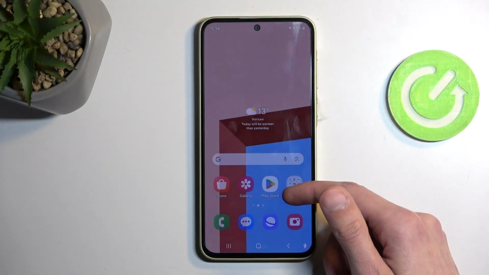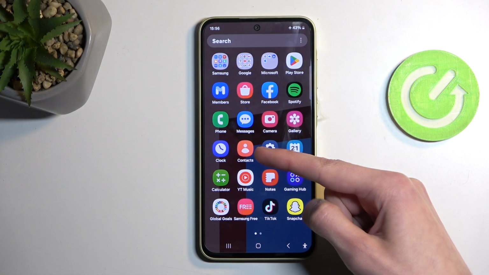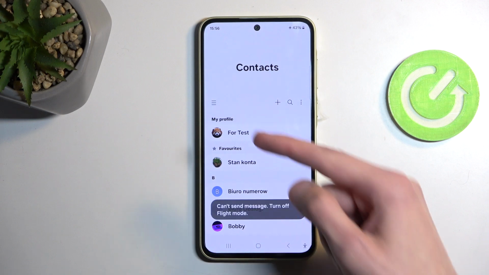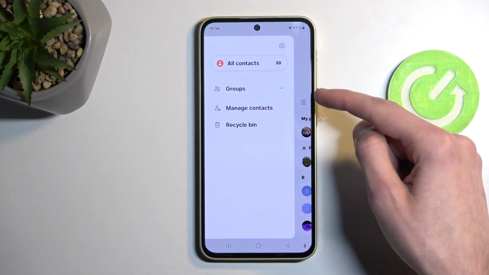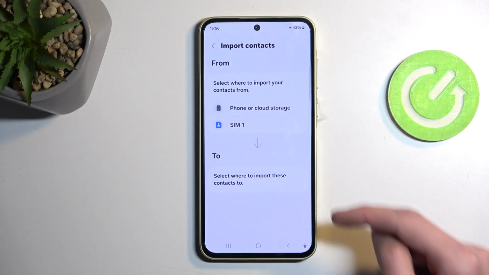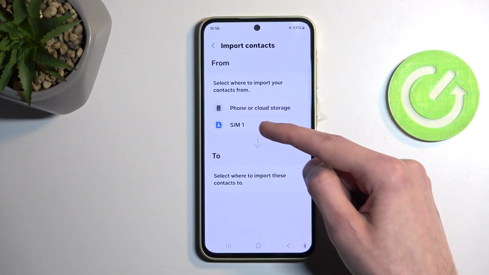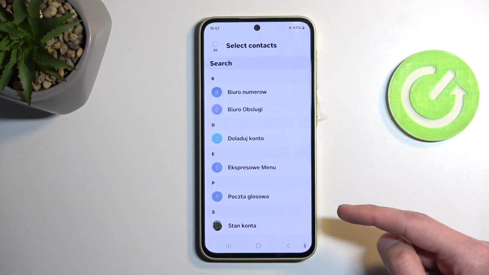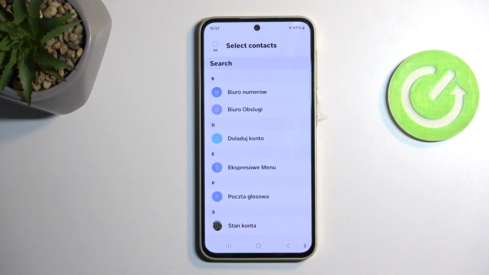So to get started, let's open up our standalone contacts application. From here, click on these three bars and select Manage Contacts. From here, you want to select Import Contacts, choose where you want to import them from. For me, that's going to be my SIM card, and this will then display all the contacts that you have